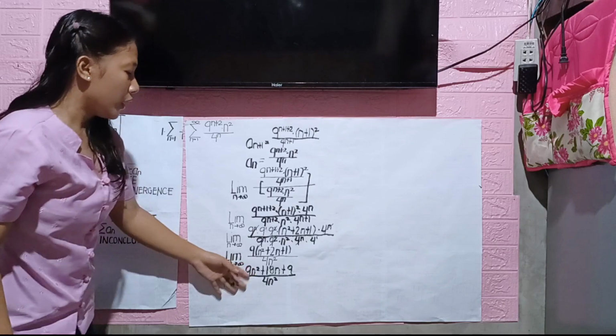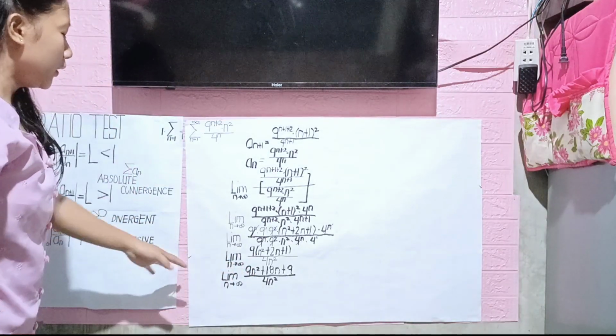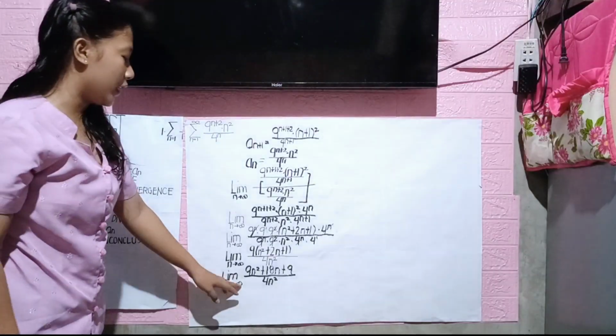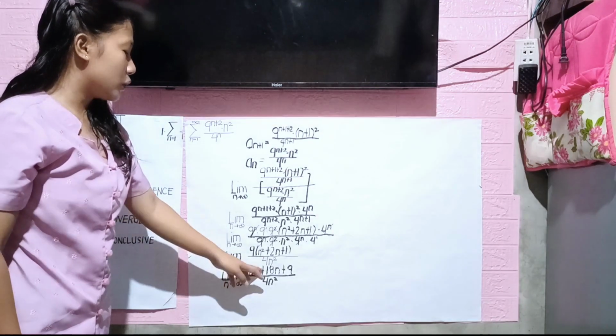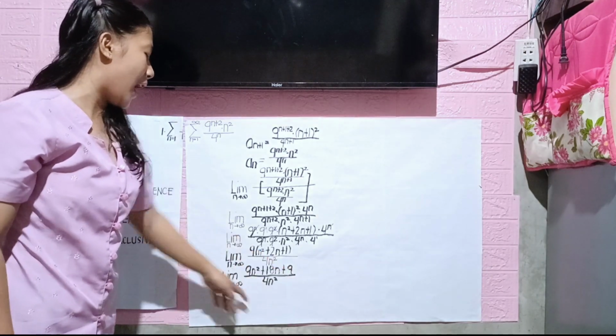So now, we will see that the limit as n goes to infinity, 9n squared plus 18n plus 9 divided